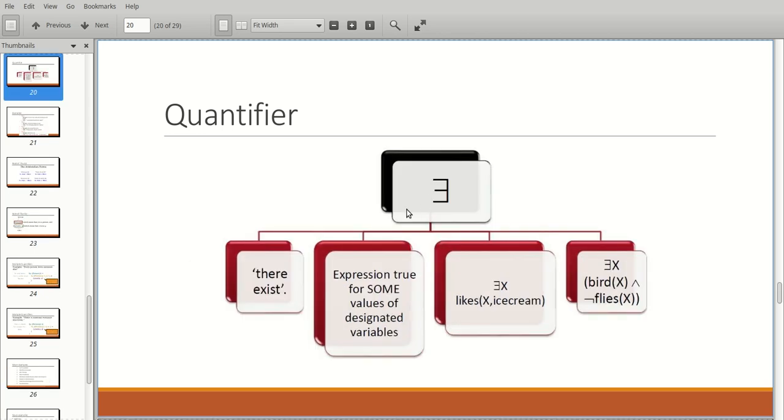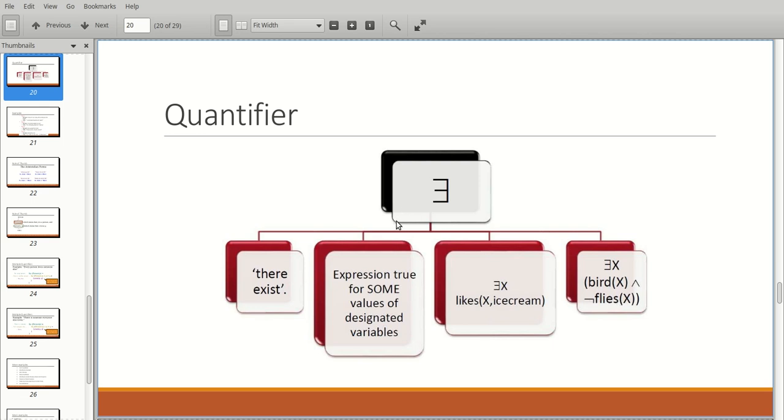The second quantifier is there exists. You can use this to represent the existence of an object. Normally when you have a statement that contains the word some, for example, there exists x such that x likes ice cream, or some people like ice cream, or some birds x do not fly.